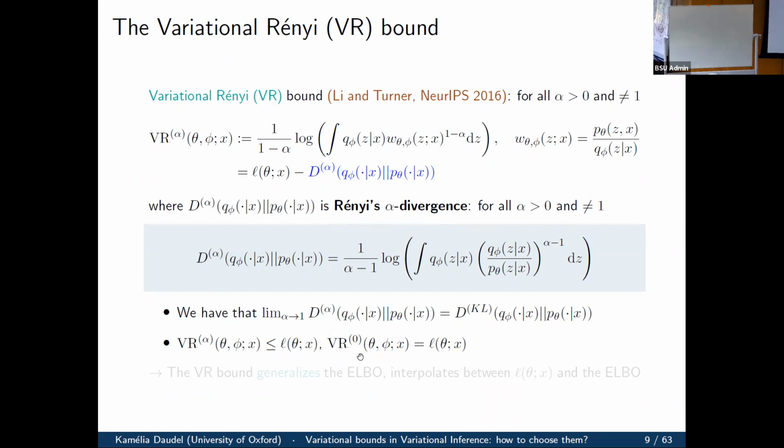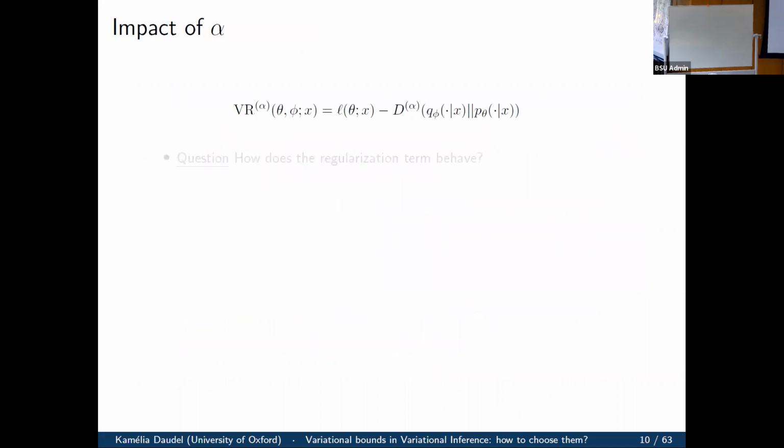One thing that you might also notice is that if you take alpha equals 0 in there, which you can do, you will recover the marginal log likelihood. The high-level takeaway message is that the VR bound is going to be a generalization of the evidence lower bound, which enables us to interpolate between our marginal log likelihood and the evidence lower bound. Okay. So this is all nice, and then you'll be like, yeah, it's nice that you've got this alpha parameter